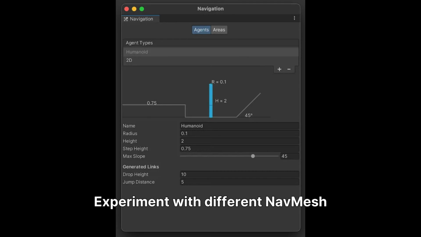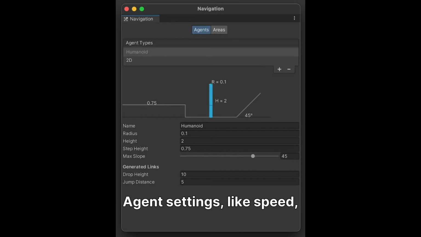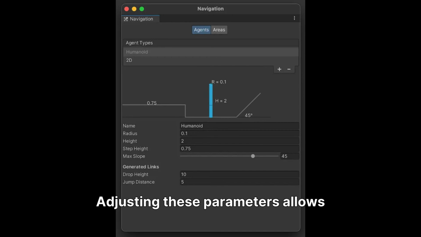Experiment with different NavMesh agent settings, like speed, acceleration, and angular speed, to give your enemies unique movement characteristics. A slow, lumbering enemy will feel very different from a fast, agile one, even with the same core AI logic. Adjusting these parameters allows you to create a diverse cast of enemies, each with its own distinct feel and challenge,